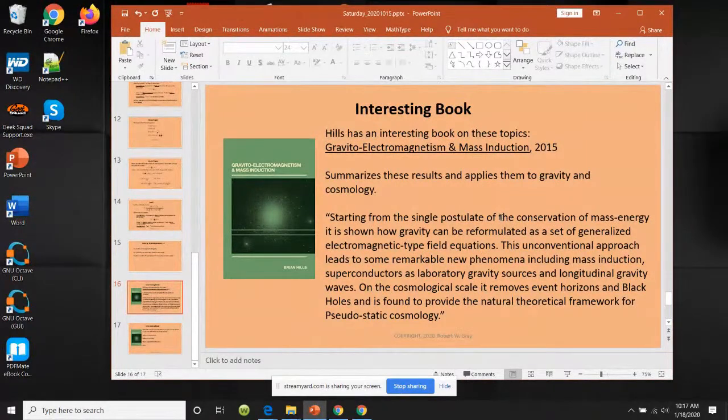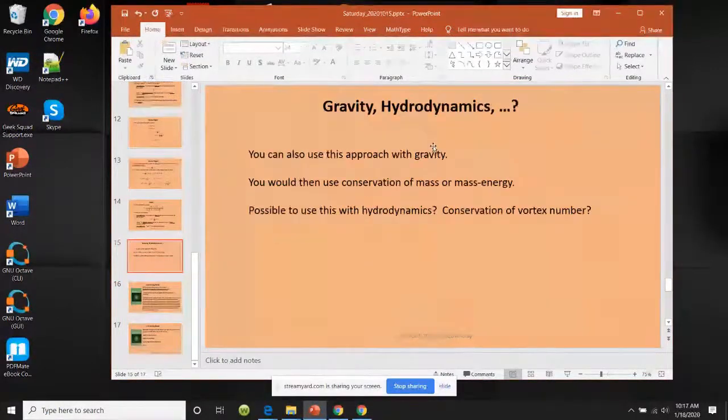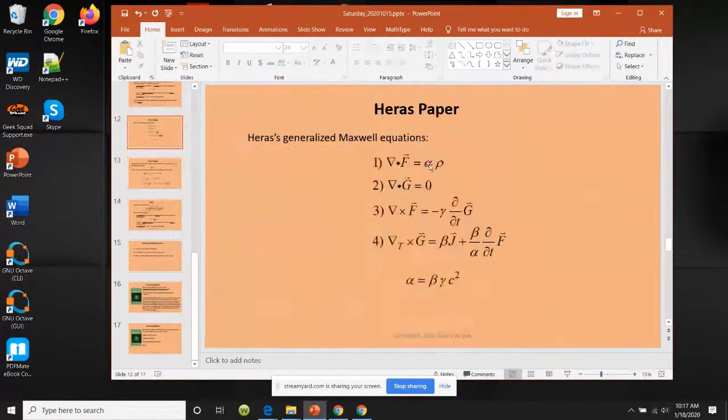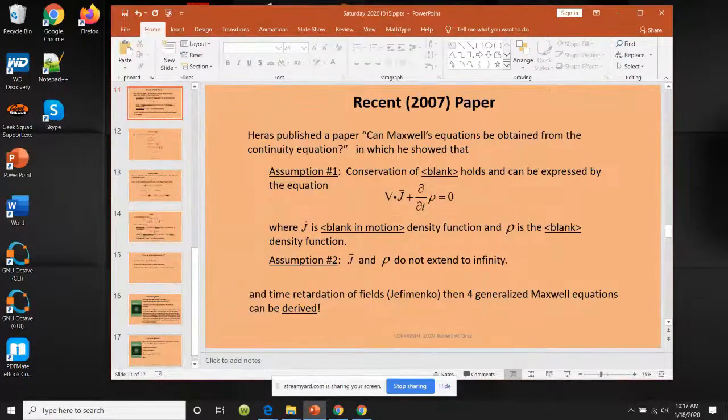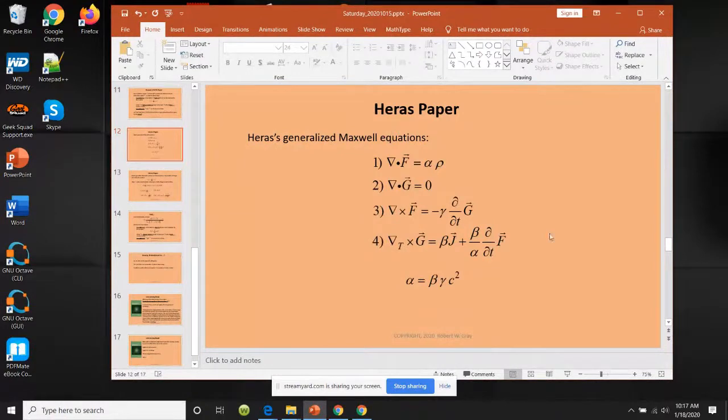Yeah, I guess. I'm just pointing out that to me this is absolutely astonishing: from very simple assumptions, an assumption involving the conservation of something, you can derive generalized Maxwell's equations to apply to whatever that conserved thing is. Now, I don't know what you mean by generalized Maxwell's equations. I'm showing it here. Doesn't make any sense to me. I'm showing it here. Yes, that's what you have there, but